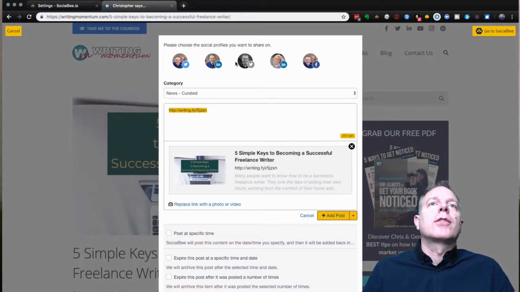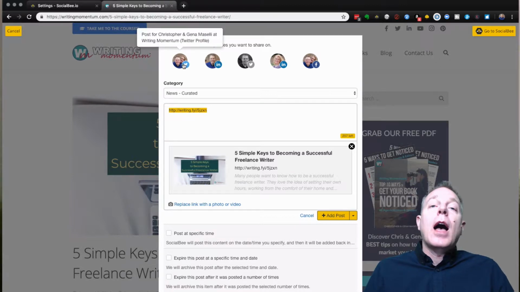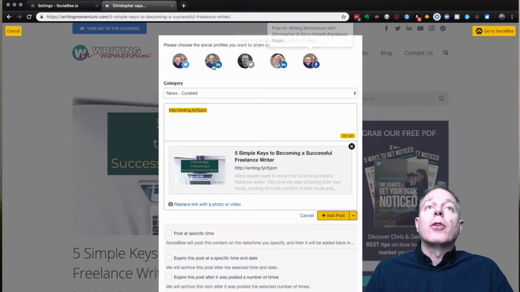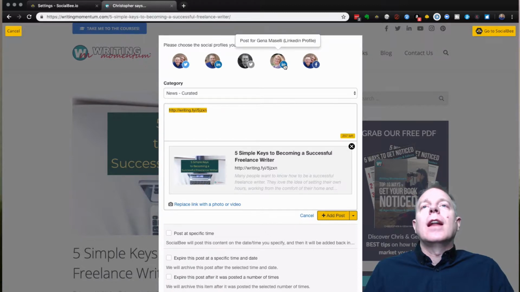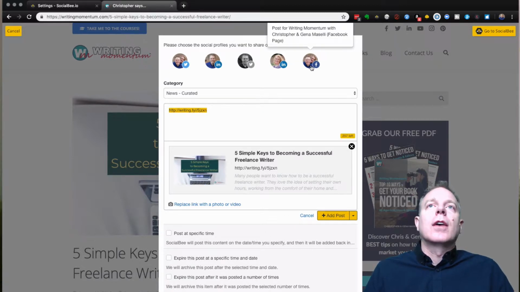So here's how this works. First of all, at the top, you're going to select the social profiles that you want to share this post on. So I've chosen, you can either gray them out or select them. So if I gray it out, it won't post to that social network. But I do want it to post to my Writing Momentum, this Gena and mine. I want it to post to my LinkedIn. I want it to post to Gena's LinkedIn, and I want it to post to my and Gena's Writing Momentum